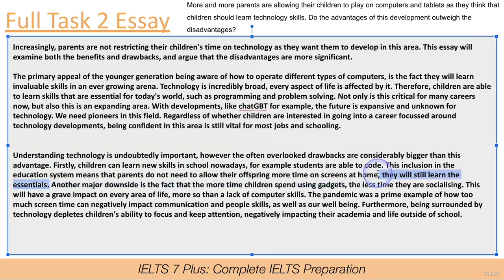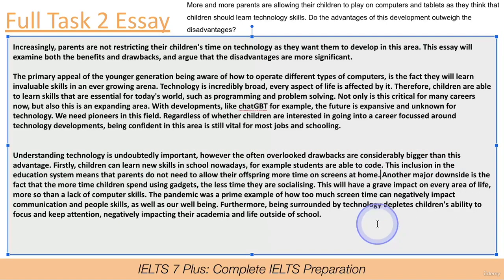We can remove that one. Another major downside is the fact, have I used the fact? Maybe not. We're just checking for repetition here. That the more time children spend using gadgets, the less time they are socializing. This will have a grave impact on every area of life, more so than a lack of computer skills. The pandemic was a prime example of how too much screen time can negatively impact communication and people skills, as